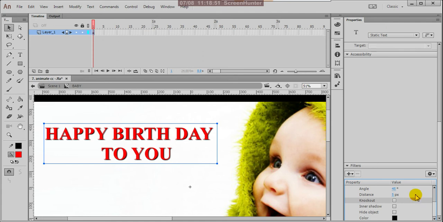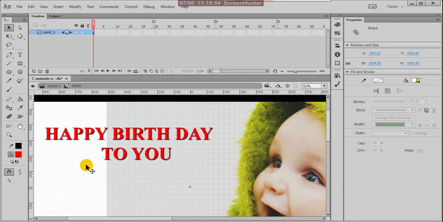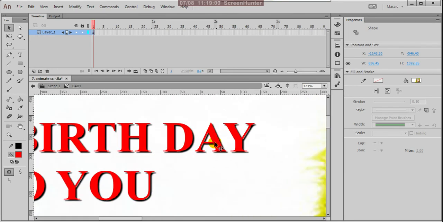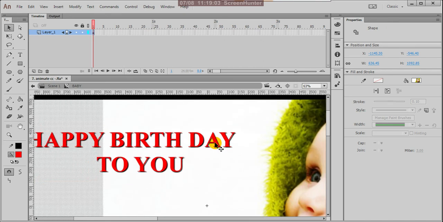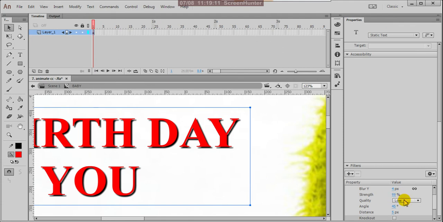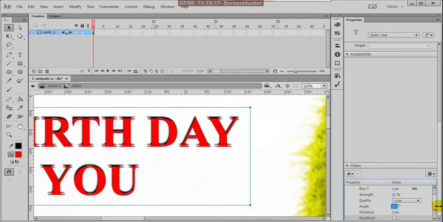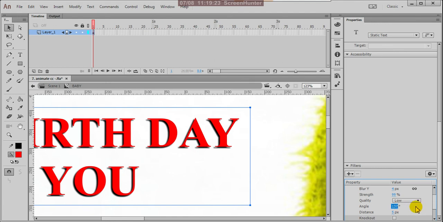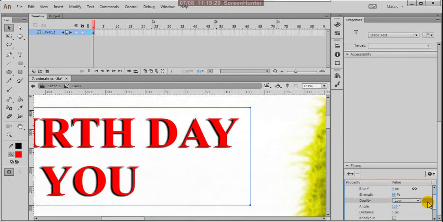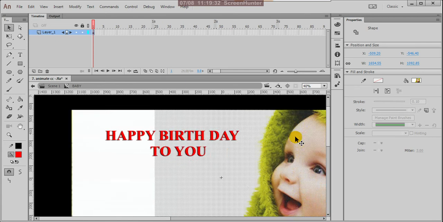This is good. We add this shadow, ground shadow. Perfect. And check the angle also here. It is at 45 degrees. Suppose I'm giving 150. Yeah, brilliant.